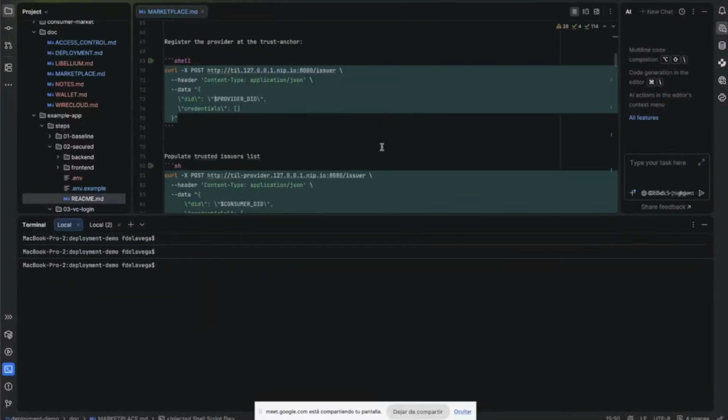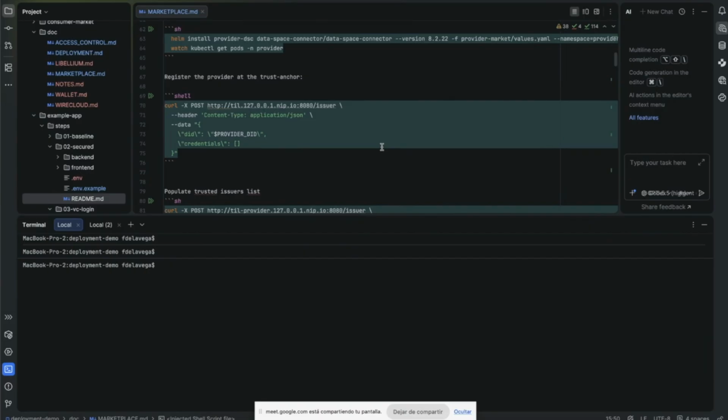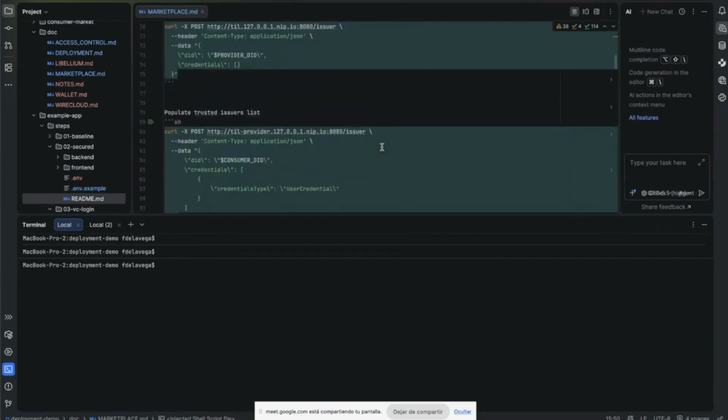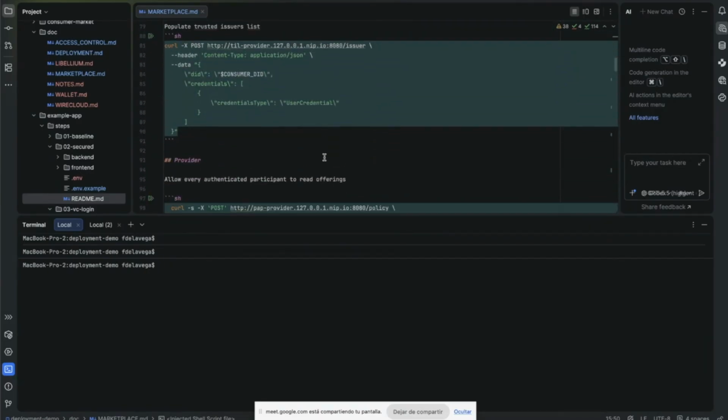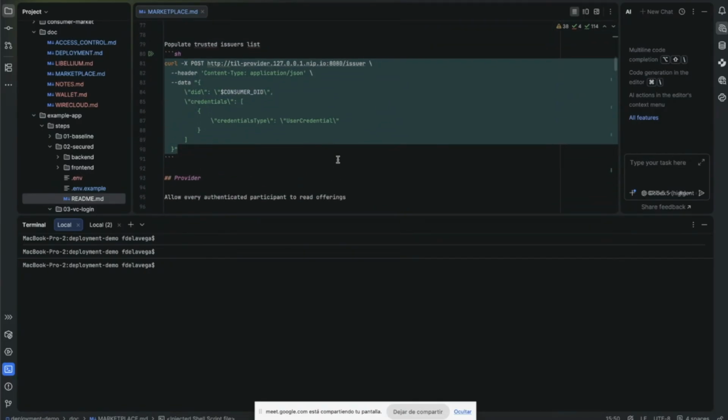The only thing that is missing is adding the consumer to the provider's trusted issuer list. Why do I need to add the consumer to the trusted issuer list if the customer has not yet purchased anything? Because in these